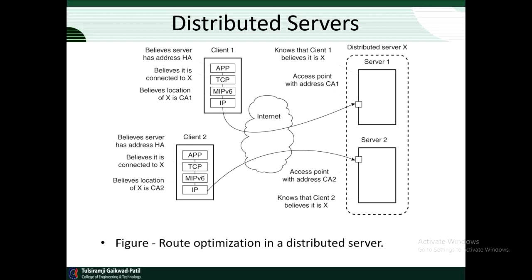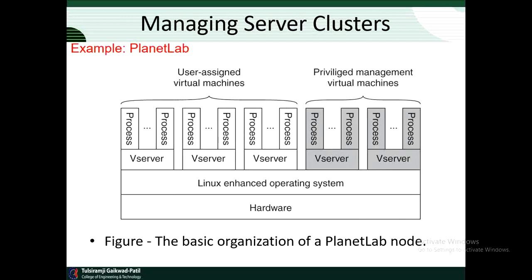During this procedure, the access point, that is the well-known home agent, tunnels most of the traffic between C1 and S1. This will prevent the home agent from believing that the care-of address has changed, so that it will continue to communicate with the access point. So this is about